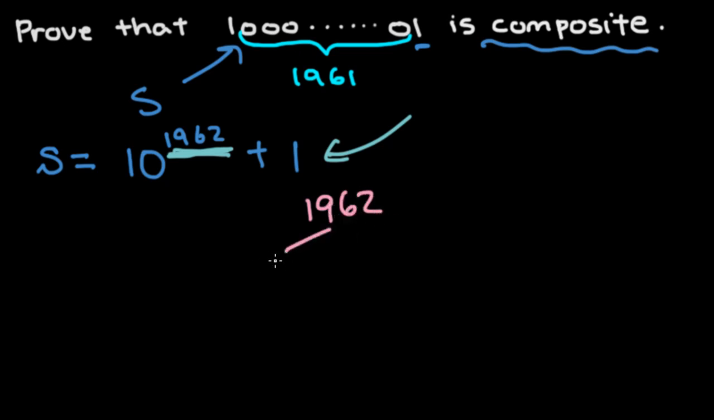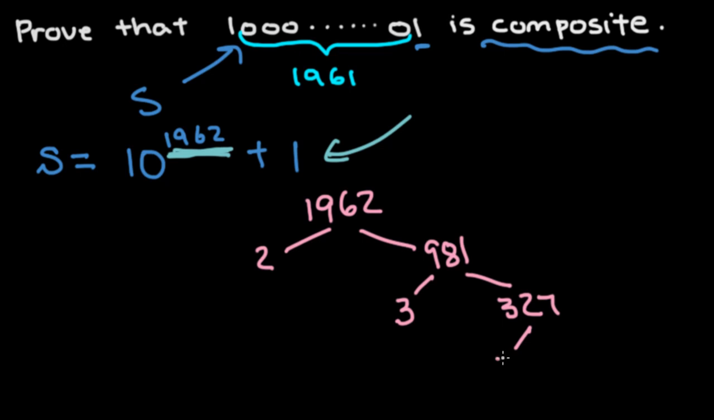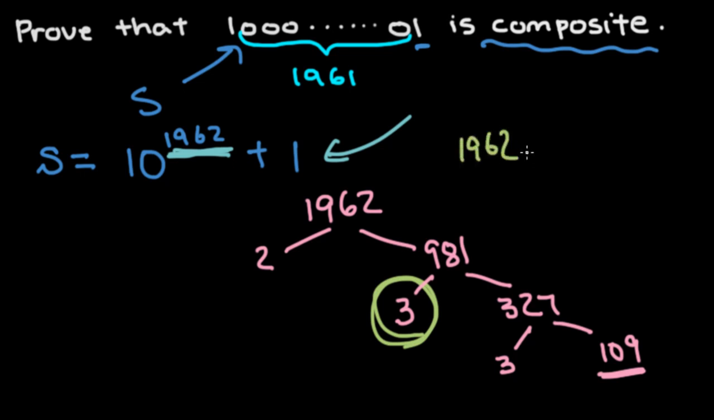1,962. 2's a factor, and we get 981. Since those 3 digits add up to a multiple of 3, this is also a multiple of 3. So we get 3 times 3, 27. And we get another 3 out of this, and we get 109. And 109 is actually prime, so this is what we get. One useful thing we can get from this is that 1,962 is a multiple of 3, meaning that we can rewrite 1,962 as